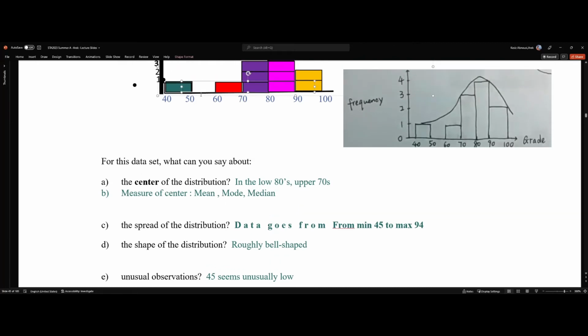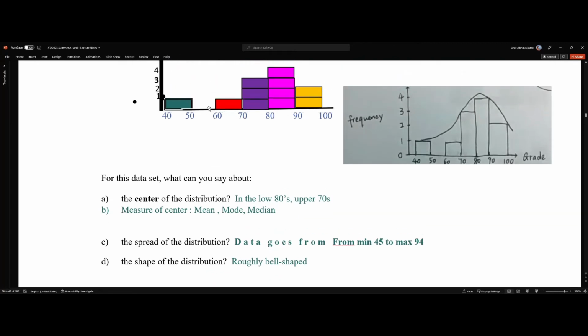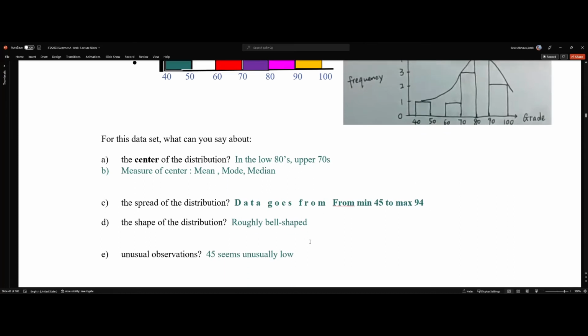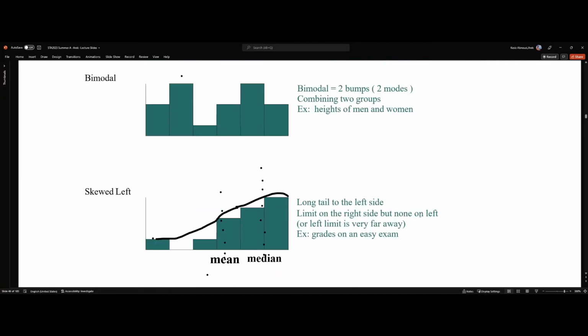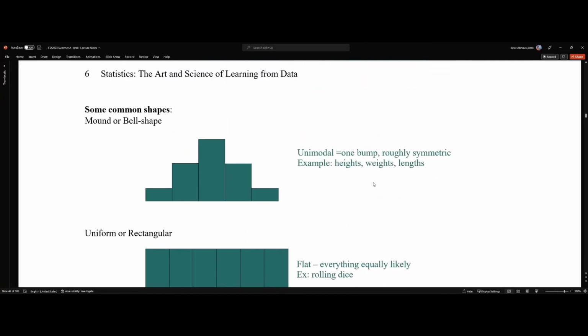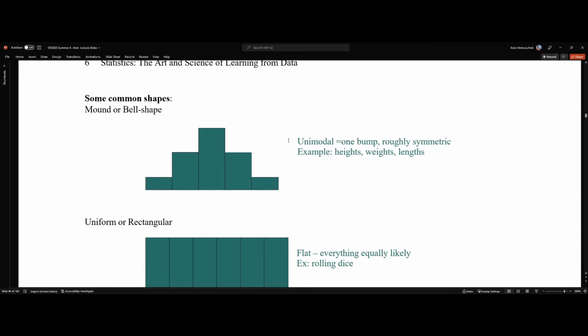Because as you can see, there isn't any data point over here, but we can say that. But, yeah. And we'll introduce some other extra